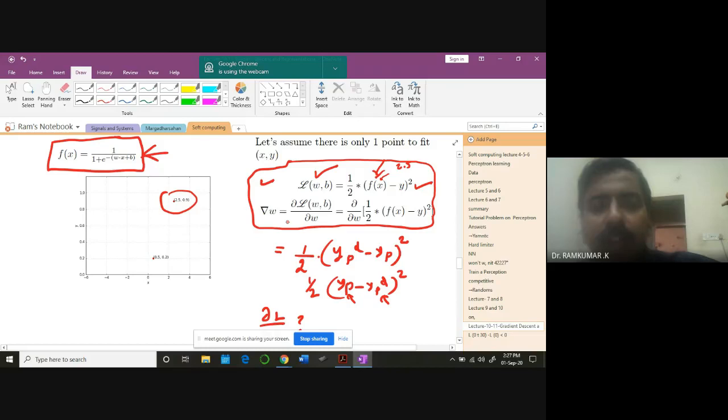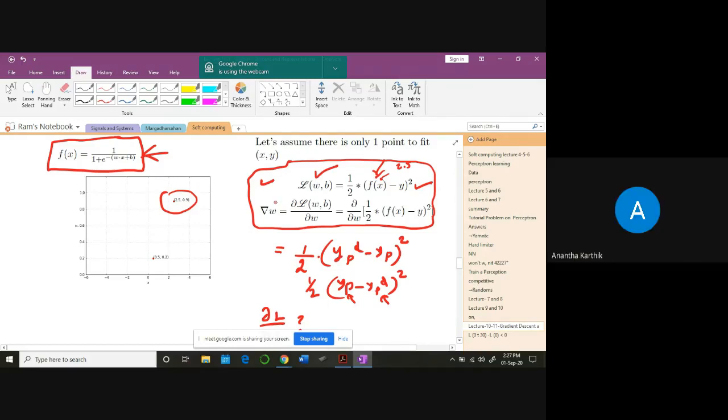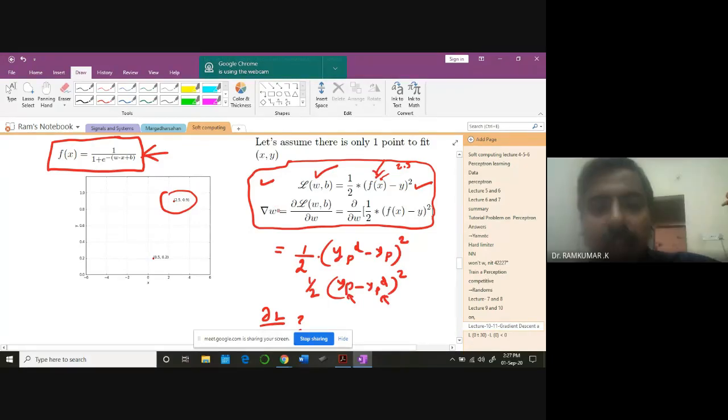Yeah, very good. We are trying to move the weights in a particular direction. What should be the direction? Can you tell me? The direction of the weight vector should be opposite to the gradient. That's why you are going to get the negative of that gradient. You understand? This weight vector should move in that direction.